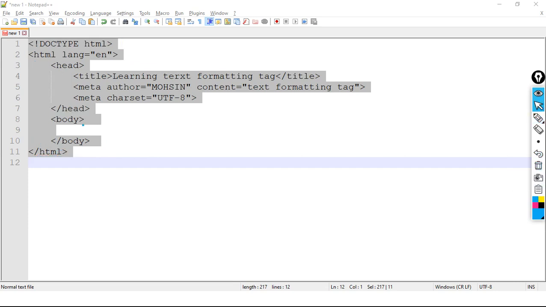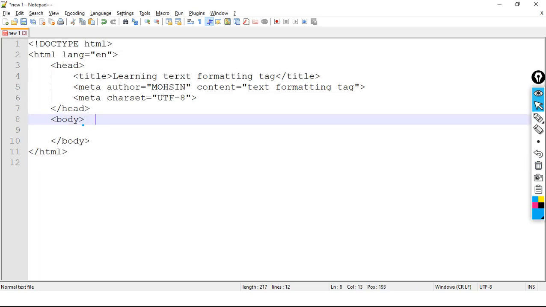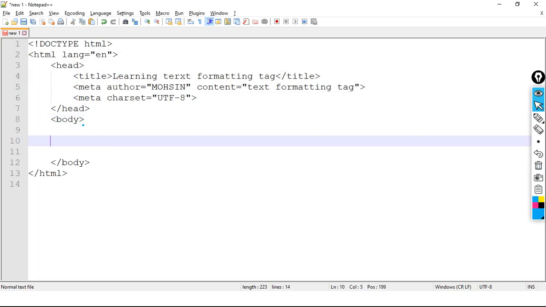Suppose I want to write the coding boat. If I will write in paragraph tag the coding boat, then how it will be displayed?